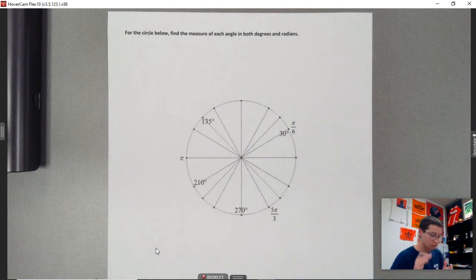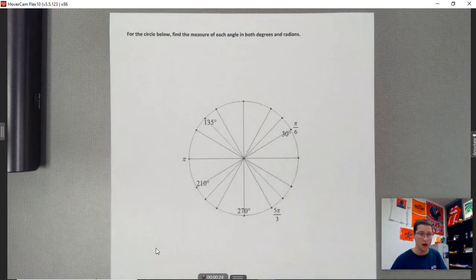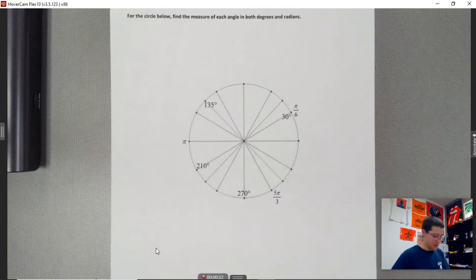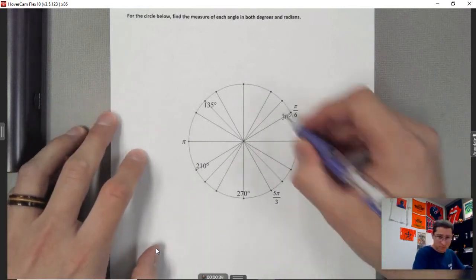Okay. Super important right here. All right. For the circle below, find the measure of each angle in both degrees and radians. Okay. This looks like a lot. All right. But I can't emphasize enough how important this is. It looks a little bit weird, but essentially what we're doing on this, let's go ahead and start